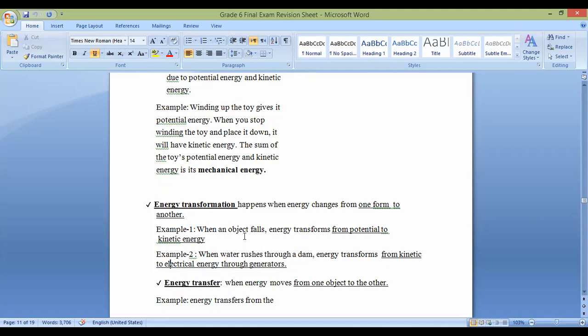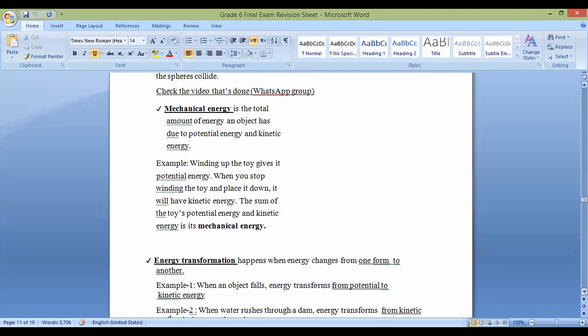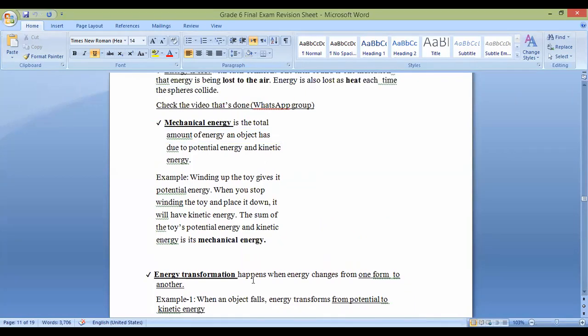So I have a conversion, for example from heat energy to sound, from sound to heat, from kinetic energy to potential. This is energy transformation. Conversion means conversion. Example, when an object falls, okay? What is the transformation of energy that happens here? Who can tell me? Yes, please, Farah. It's a change from potential energy to kinetic energy.